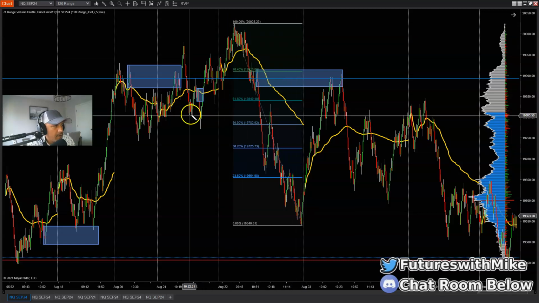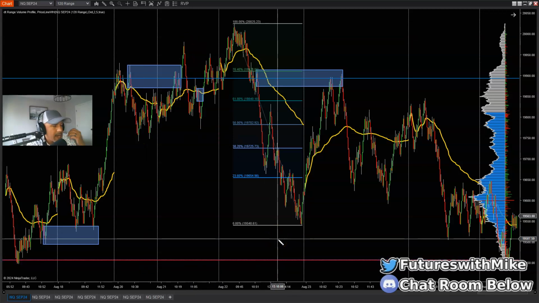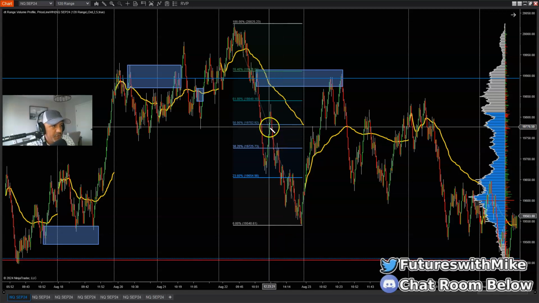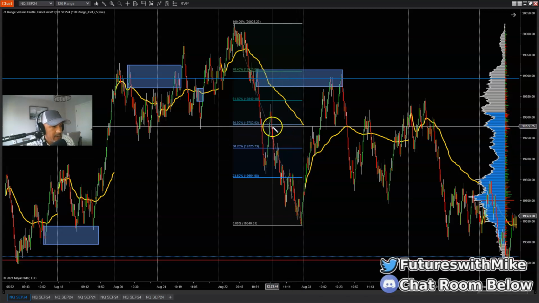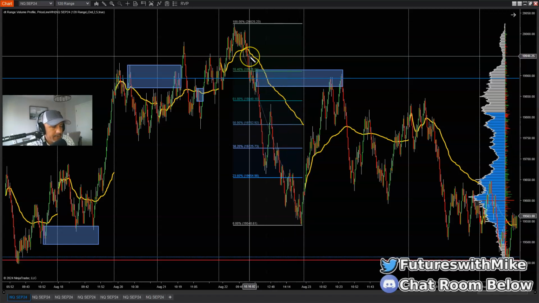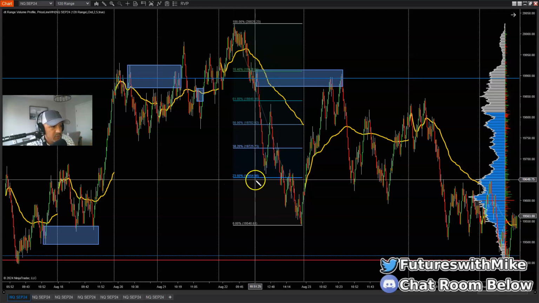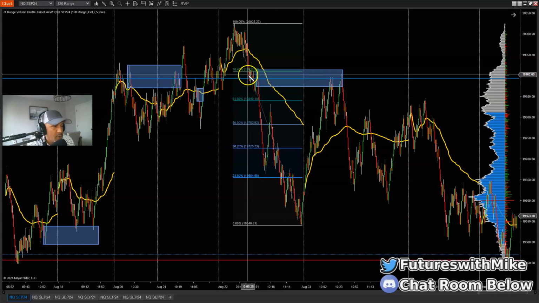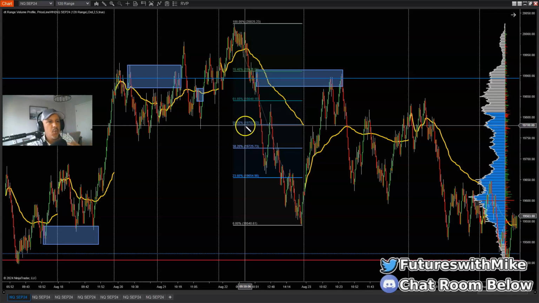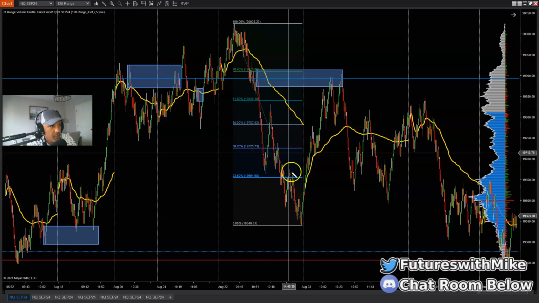Okay, we got this push down. I see where it broke through a few areas of structure to the downside. All right, I'm bearish. But what areas make more sense for you to look for opportunities to go short? Is it going to be in this area right here, here, or back up in here? But if you use a fib tool, you can see this is the 23.6, 38.2, 50%, 61.8, and 76.4%. Typically speaking, in this case, because we're breaking structure below,